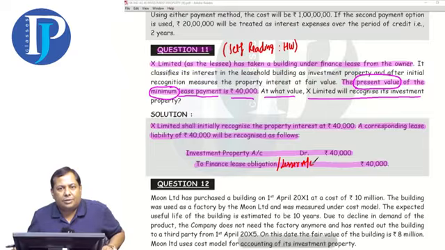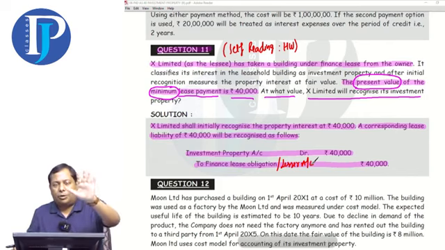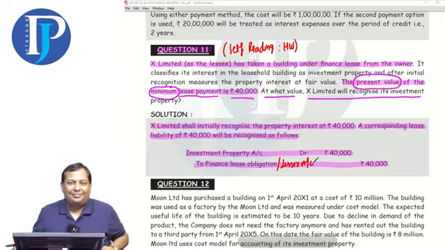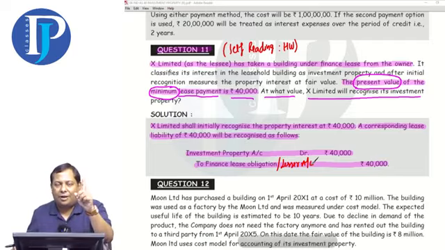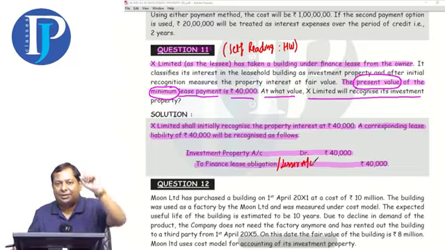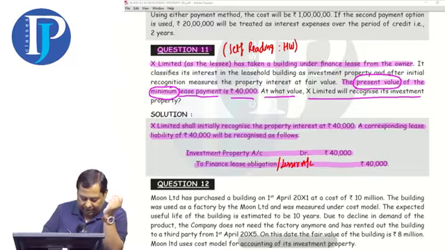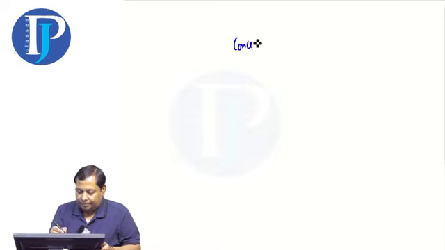So we have covered the 5 concepts of purchasing: cash, deferred credit, self-construction, exchange or finance lease. I have explained these. Our 5 concepts are now completed. Concept number 1, meaning of IP. Concept number 2 is out of scope. Concept number 3, relation of 40 with 116. Concept number 4, various issues. Concept number 5, initial recognition. I am taking you towards a very new concept. Concept number 6: subsequent recognition.